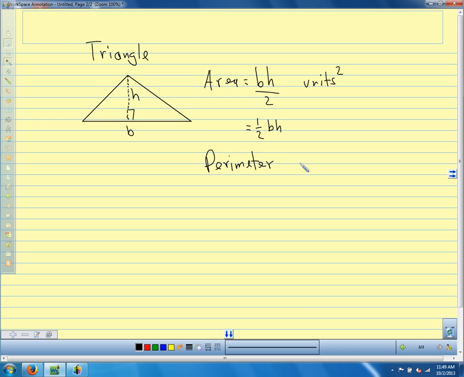And our perimeter, I'm not going to write a formula. All we need to know is we have to figure out the length of all the sides, and we're going to add all sides. And our units are just units. So again, a shape that we're familiar with, formula that we've used. And the last shape